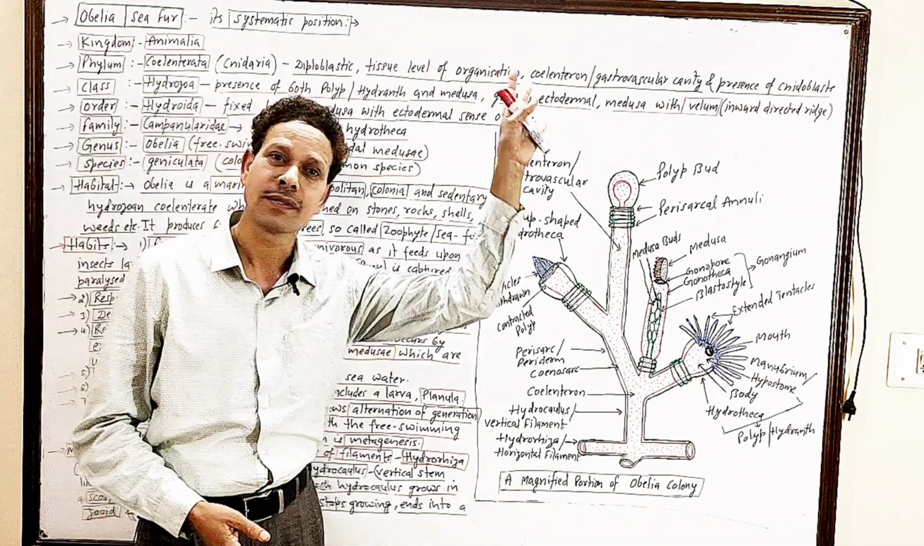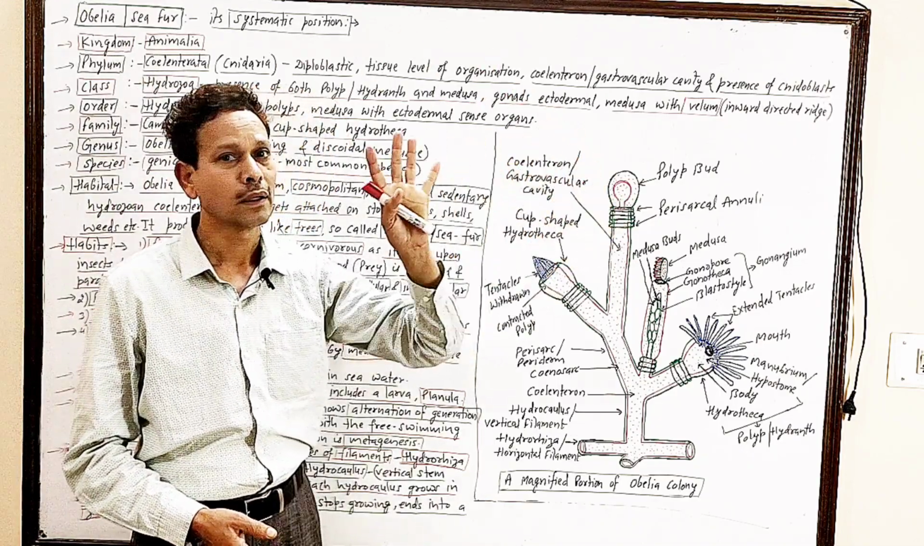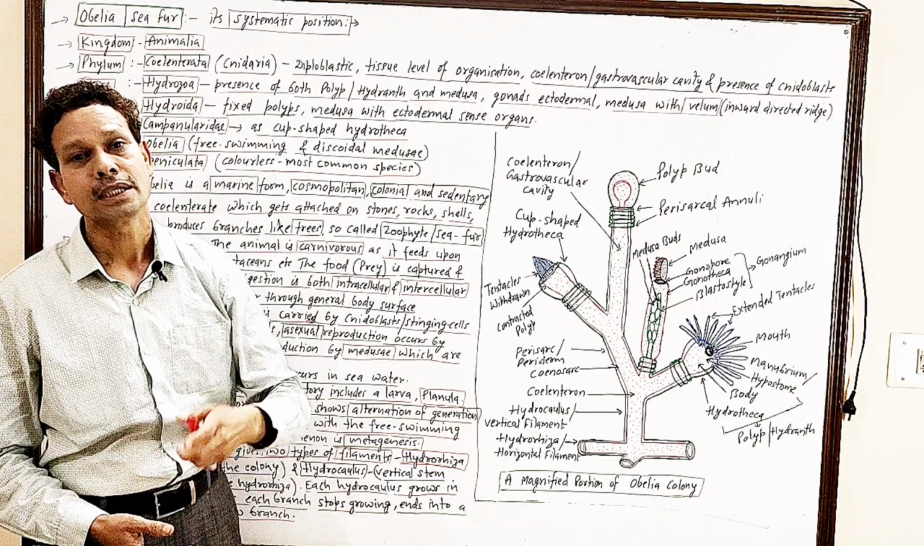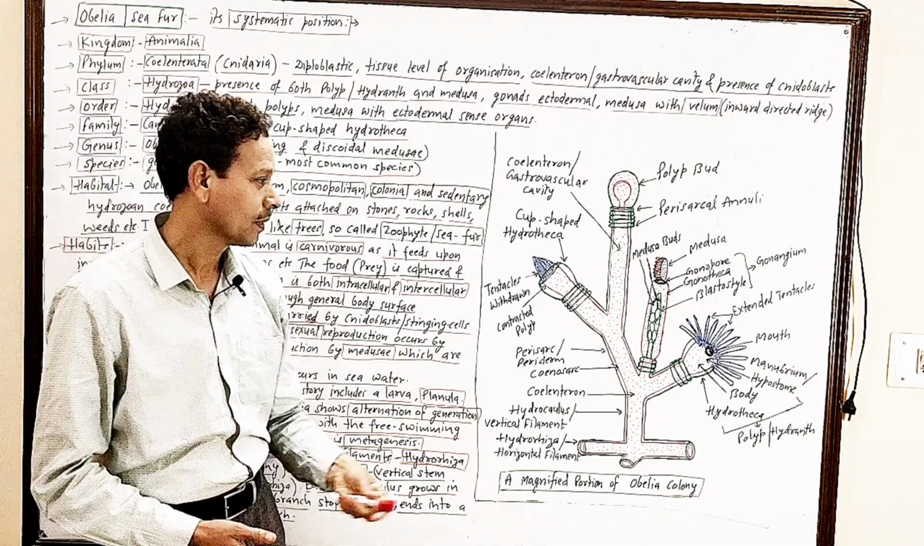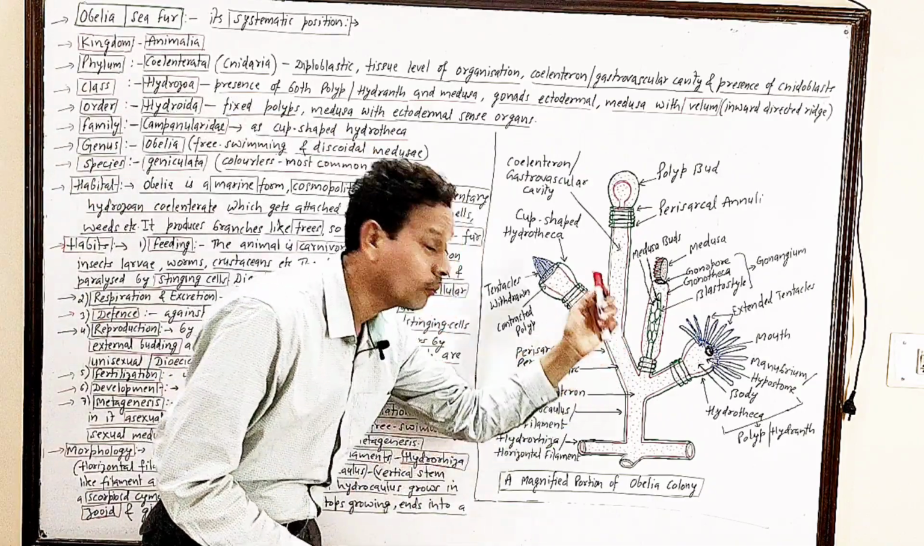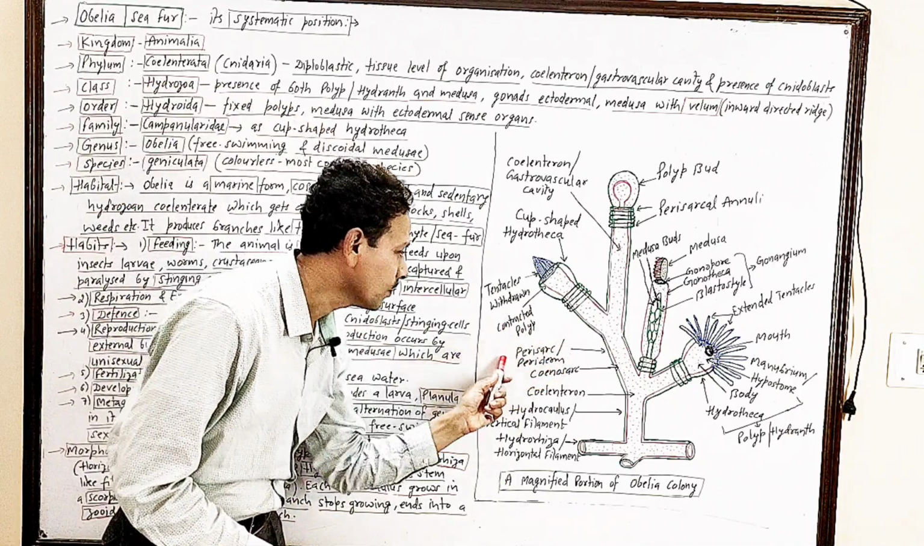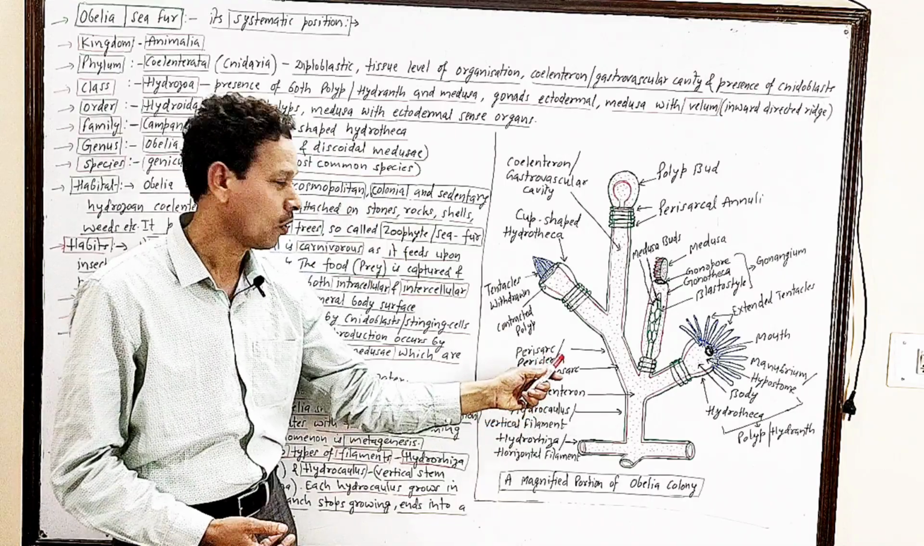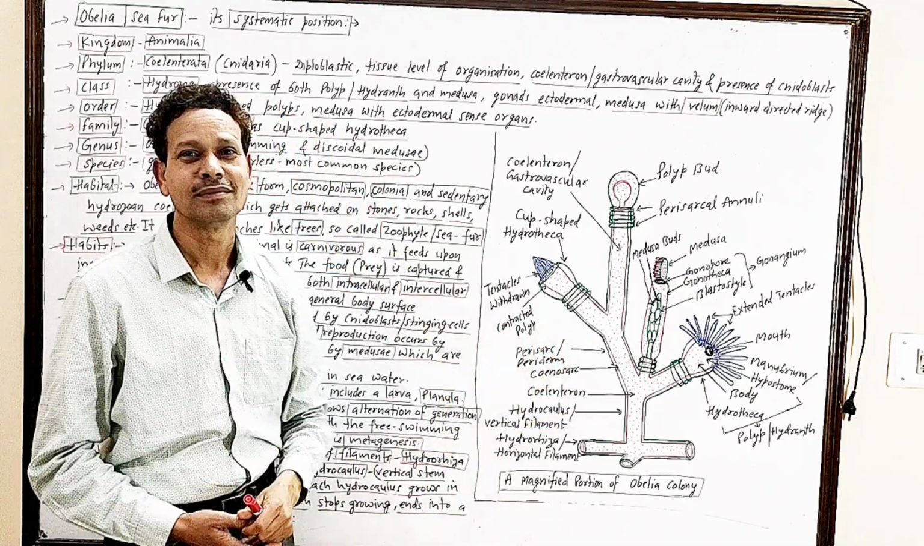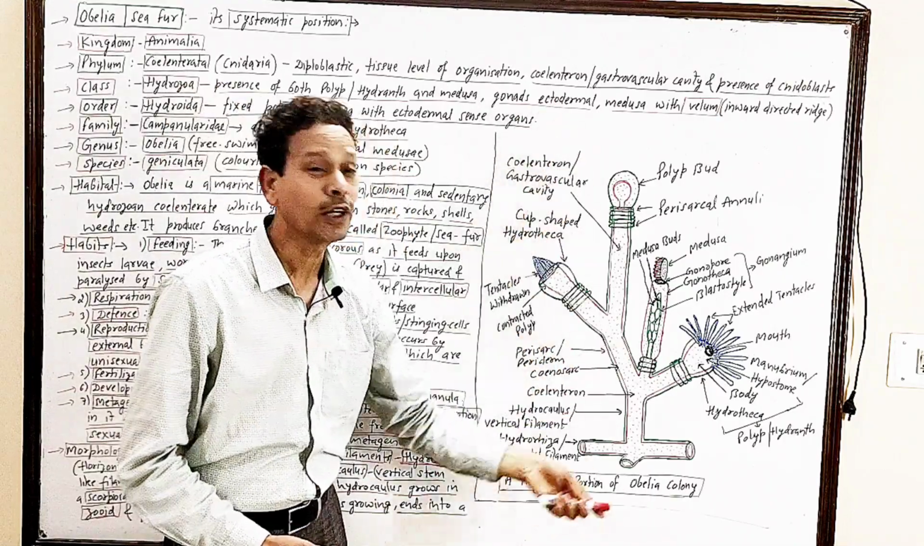We have already discussed in introduction of phylum Coelenterata. And this outer covering, this outer sheath is very important. Another question, this one is perisarc, or periderm. It is an outer coat which is